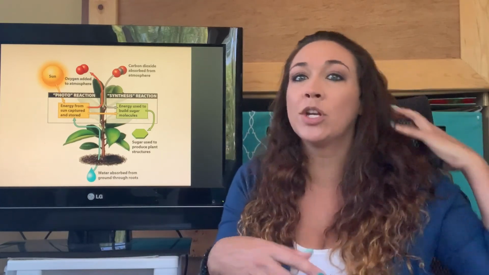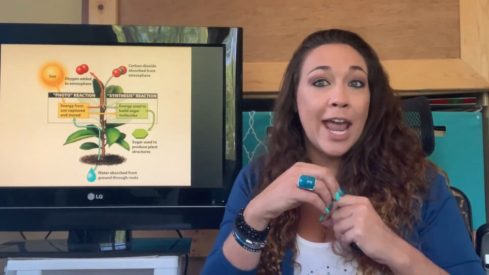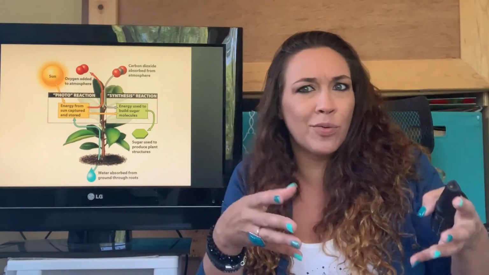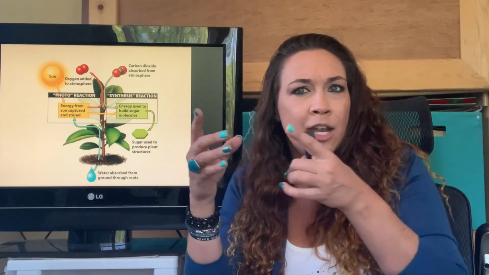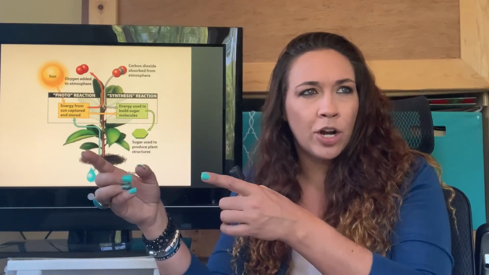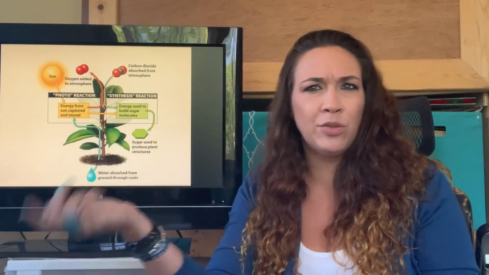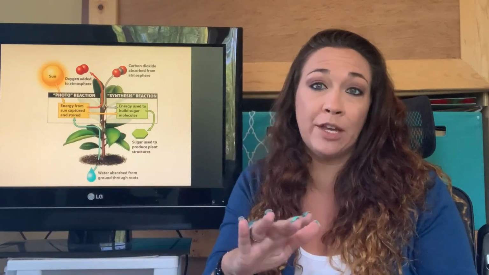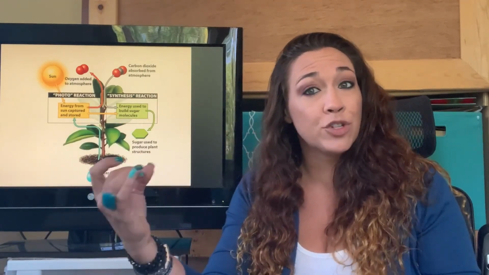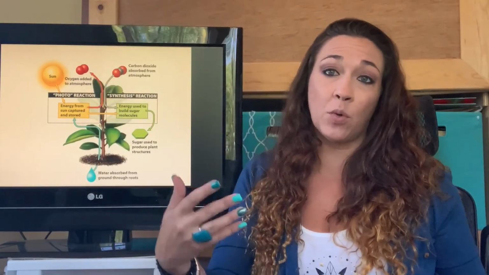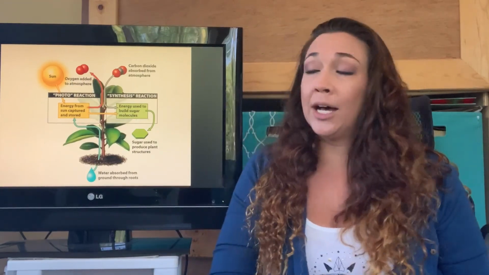Step 1 is going to create things like those ATP molecules. So we actually create energy to then take that energy to create sugar to eventually break the sugar down into usable bits of energy. But remember, we're not just using it for energy, we're also using it for structure. If the plant just made energy, then it would never grow. It would never become larger. And that's what the plants want to do. They want to become larger.